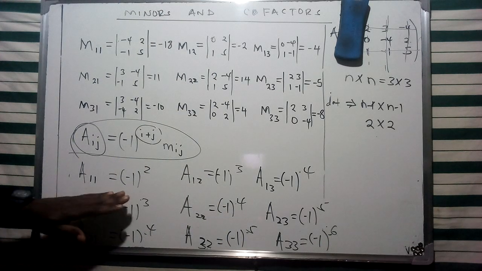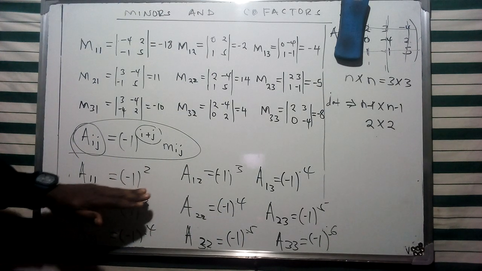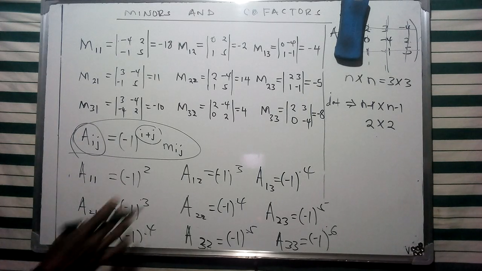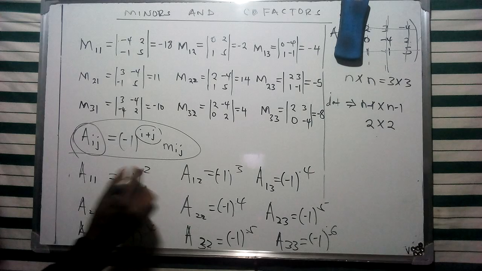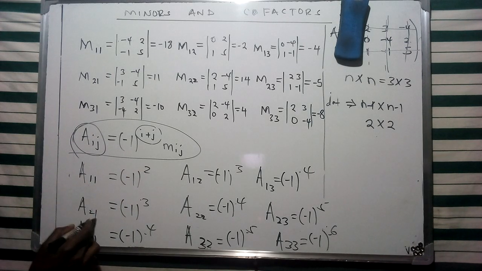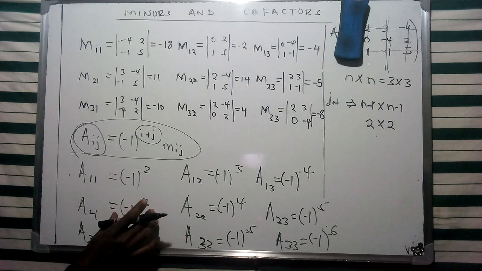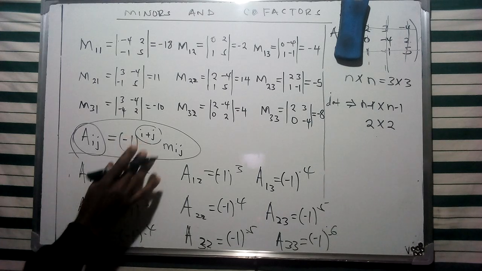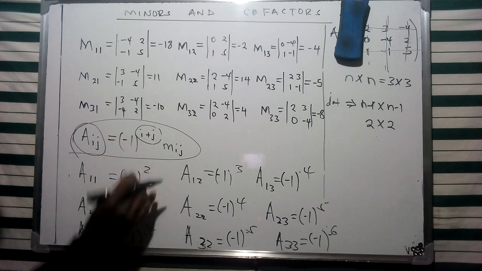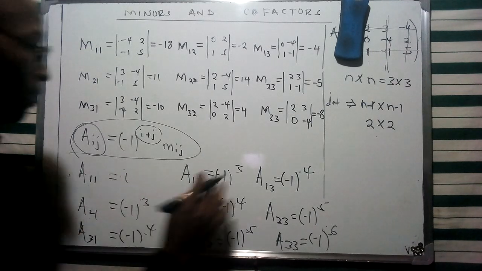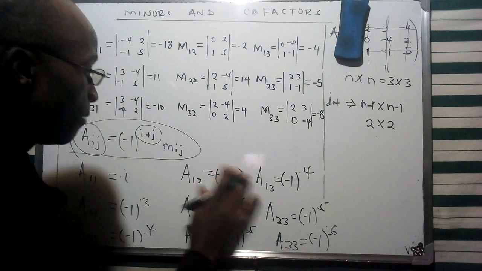So if we raise a negative 1 to an even power, we're going to obtain a positive value, and therefore I want us to be keen on this specific case. Implying that if we have this plus 1 is an even number, plus 2 plus 1 is an odd number. So negative 1 raised to a specific even number is going to be a positive value, which implies the value for this specific range of numbers that we're going to obtain from this one is going to be a positive 1, and this one is an odd number, therefore this is going to be